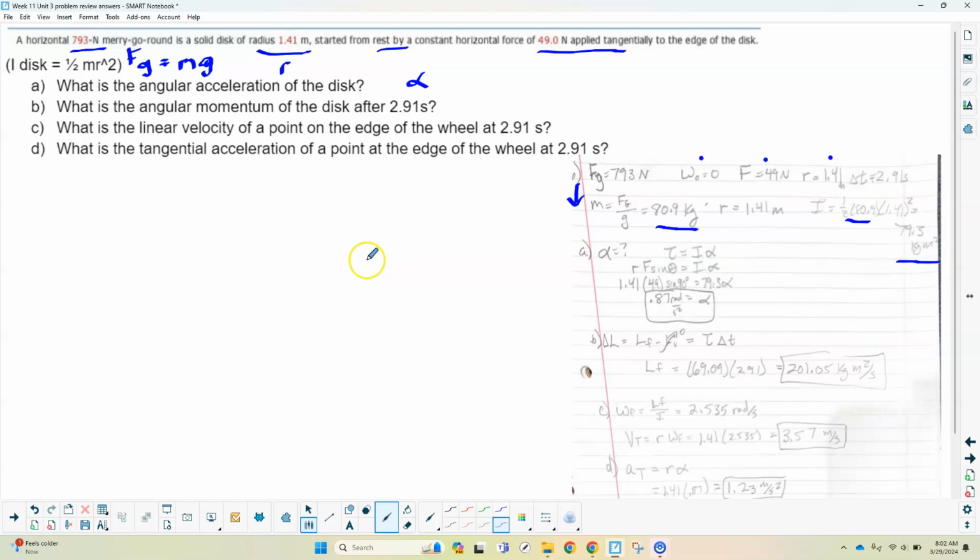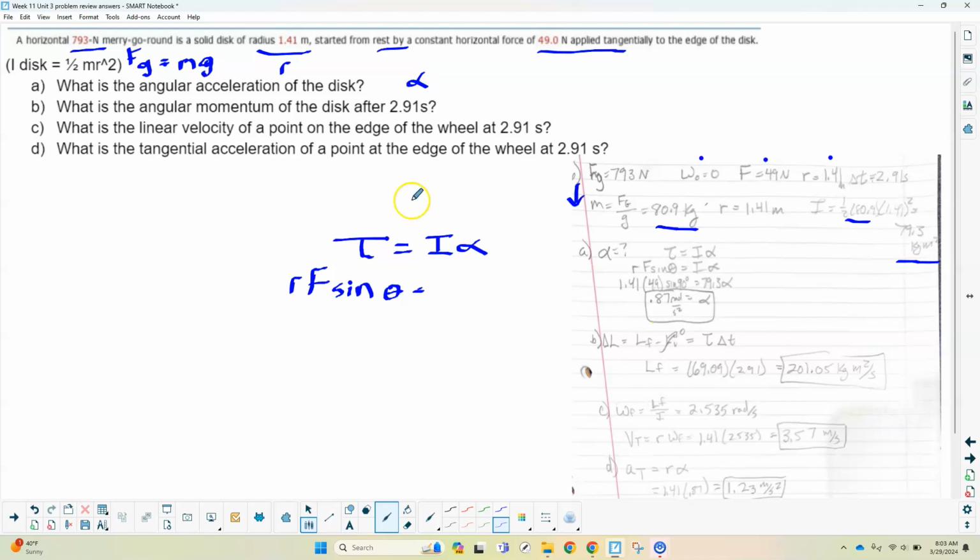So for alpha, we needed to use the torque equation. So the net torque equals I alpha. So that's that. You could have done this a couple different ways, but this is probably the easiest one. I used the other torque equation, RF sine theta, because they give you how much force is being applied at a distance and an angle. So you can figure out this net torque value from that. We know I, so we're going to be able to solve for alpha. That's essentially what I did here. So when I did that and plugged in the values, I got 0.87 rads per second squared, because that's the